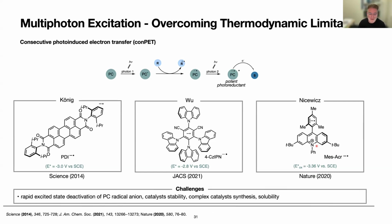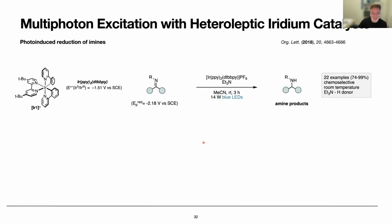There is a significant rapid deactivation of these radical anions. That means that these catalysts have a very short excitation time, and that limits the catalyst stability, and also the ability to use these in some more complex reactions. You could imagine that making these derivatives is also quite challenging, and they can also be insoluble. So we decided to try and figure out if there was a better way to do this chemistry, and there